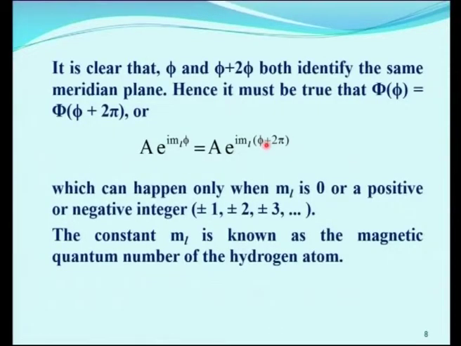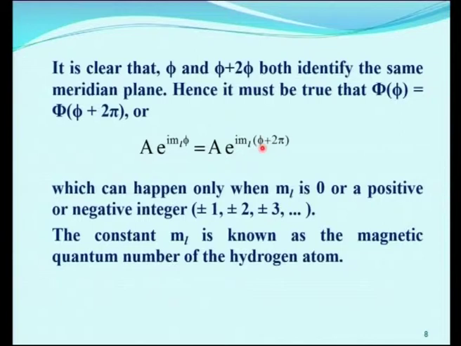What we have seen in this picture makes it clear that phi and phi plus 2 pi both identify the same meridian plane. Hence, it must be true that Phi of phi is equal to Phi of phi plus 2 pi. So, we have the equation A e power i ml phi is equal to A e power i ml into phi plus 2 pi,